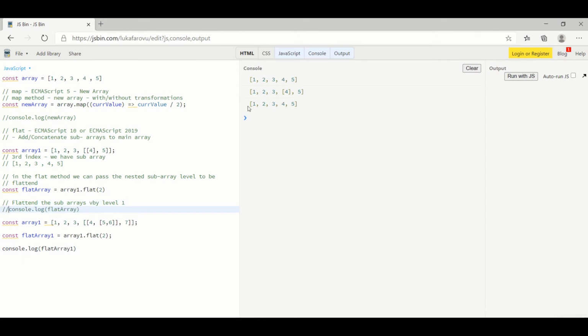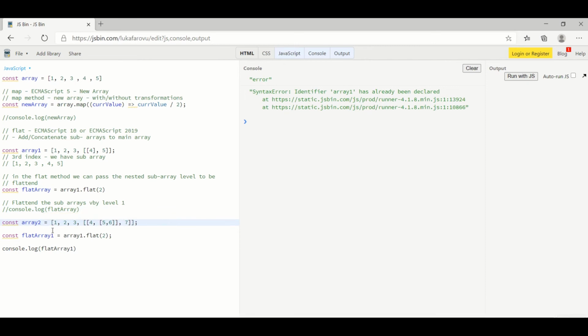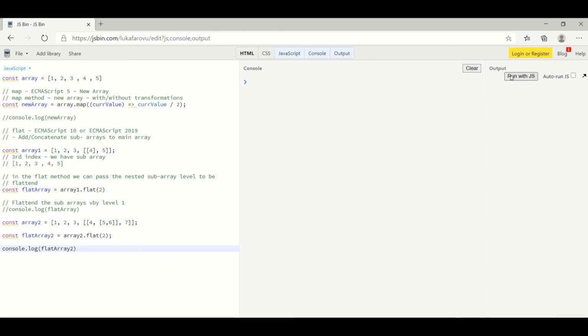Let's clear this. And let's try to run this and see what happens. Okay, array1 has been declared, so let's put 2 everywhere, and let's try to run this. So here we are seeing 1, 2, 3, 4, 5, 6, and 7. Let's see what is happening here. So this is the main array. Within the main array, we have